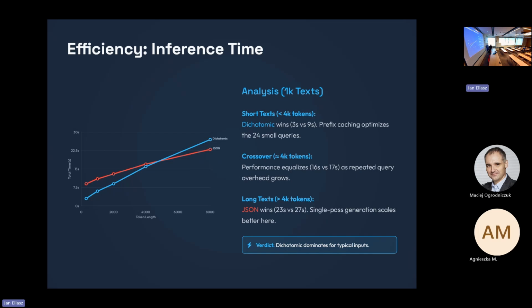As you can see, if we have short text, around 4,000 tokens, then our approach is actually 2 to 3 times faster than the standard JSON structured output.